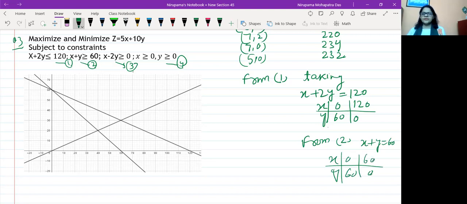And third equation, we are taking x minus 2y equal to 0. Okay, xy 0, 0. So here you see x minus 2y, ax plus by equal to 0 form. Means the line will pass through origin. So you have to cross check your graph also. Then you can take any value since we are having 60, 50 type of things, no? Basically x equal to 2y. If y 30, x will be 60.